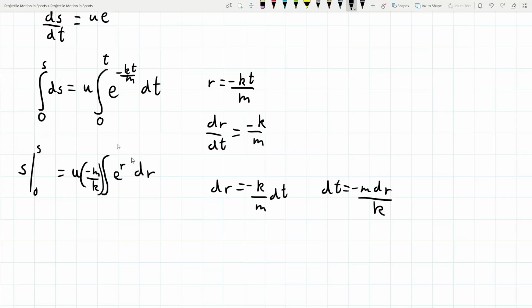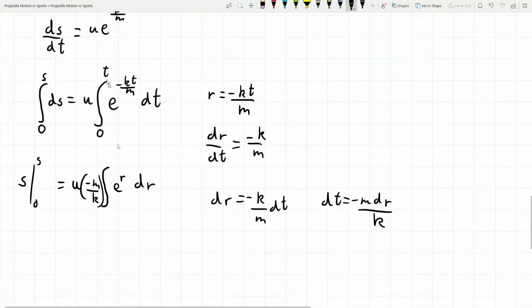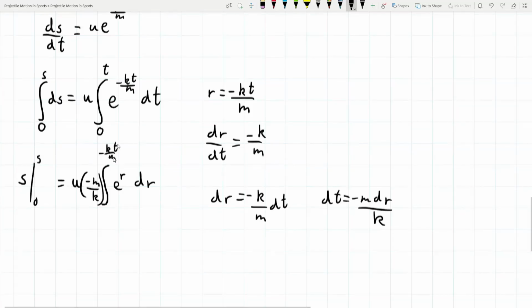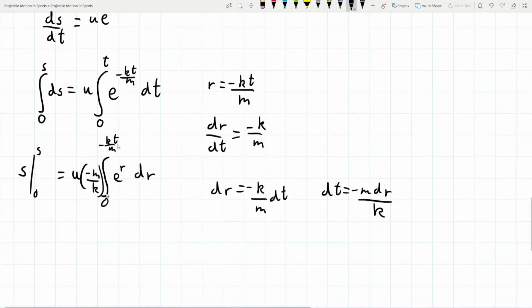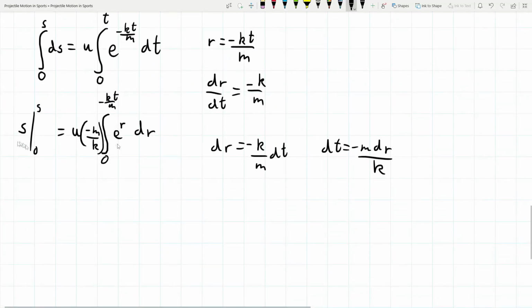Okay? And now just to get our limits of integration back, we need to plug in that r is equal to minus kt over m. So that means we need to plug in the original one. So when t is t, that's just going to be minus kt over m up here. And then when t is 0, that's just going to be 0 down here. Okay? So now we can continue on with the left side. Left side is just going to be s minus 0, which is just s,